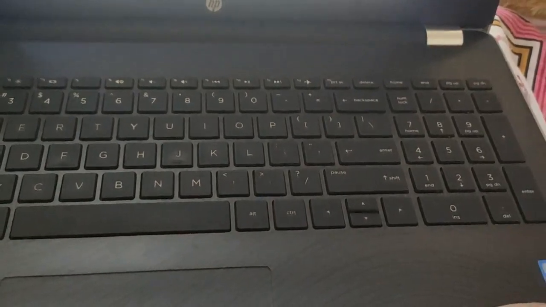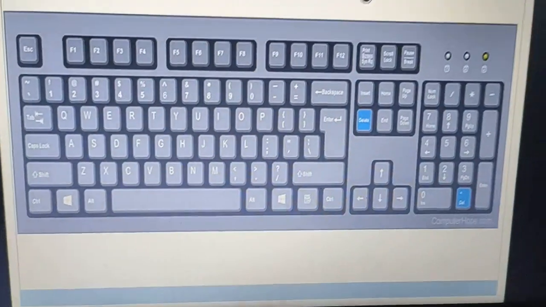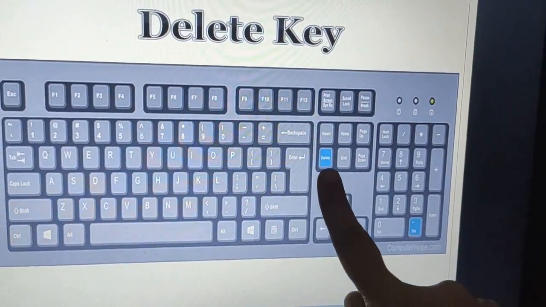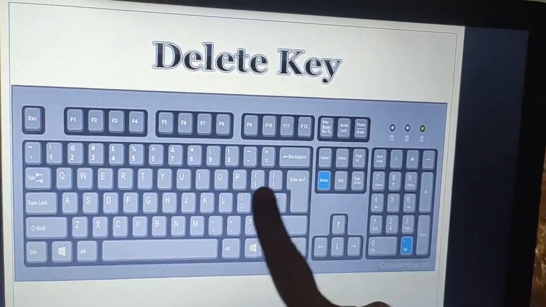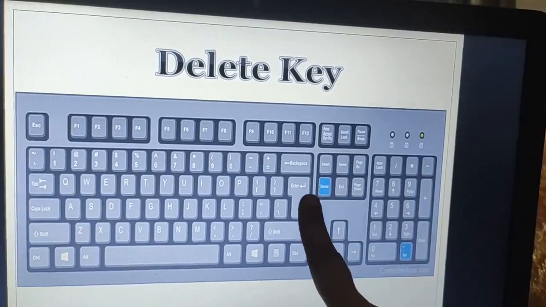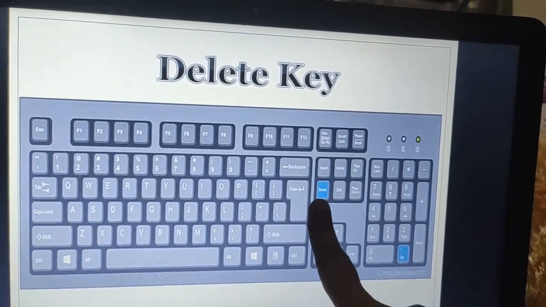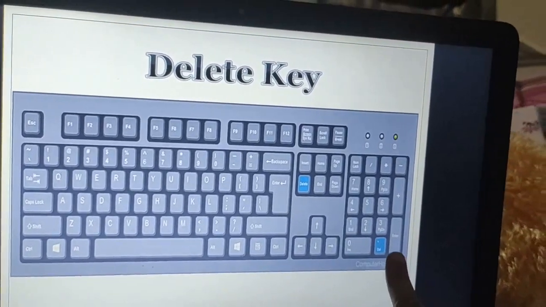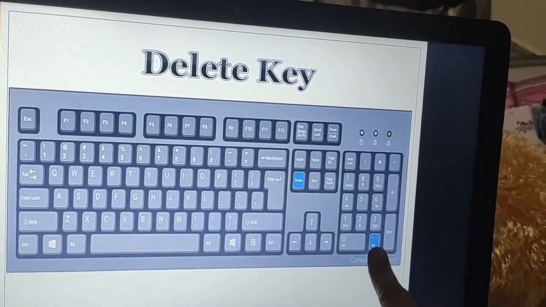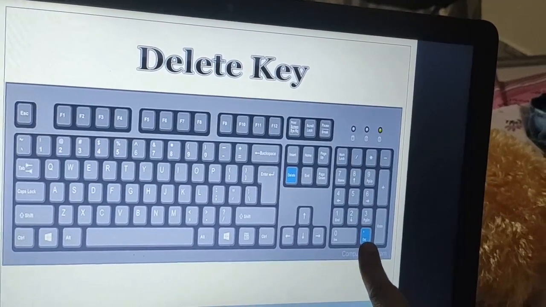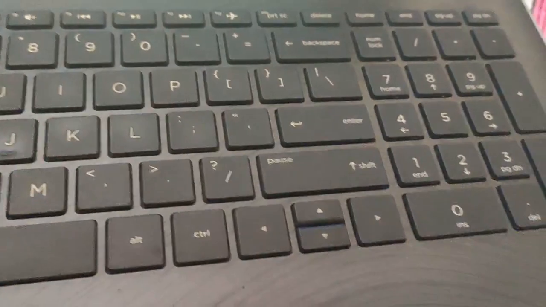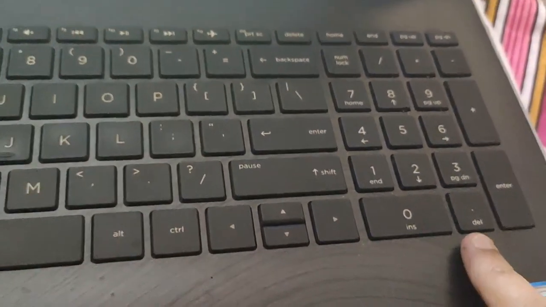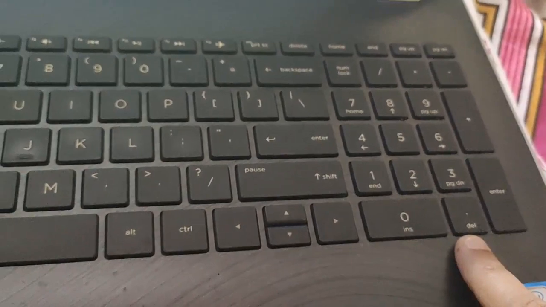One is in between the alphabet keys and the number keys, here is a delete key, and the second one is just where I showed you the enter key, just previous to the enter key we have a delete key. Let me show you here in this keyboard. Look over here, this is a delete key. Can you see this? And the second delete button is here.